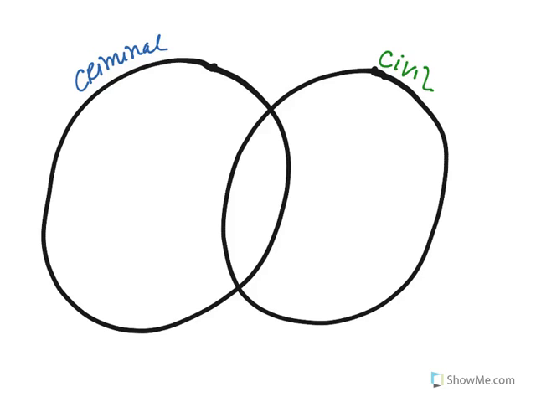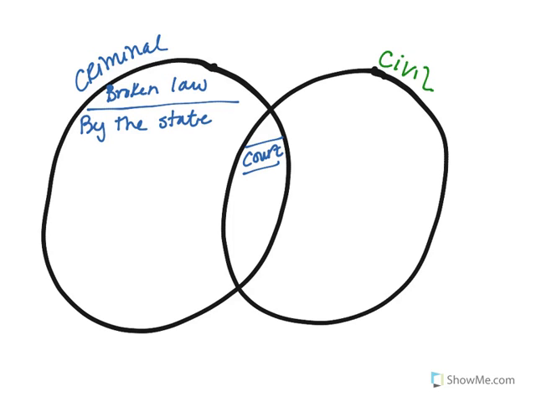Okay, so we're going to start with criminal and civil cases in the Venn diagram you were supposed to do yesterday. The similarities: both of these kinds of cases can go through a court system, but there are more differences. A criminal case actually means that you have broken a law. The case is brought against you by the state. So the state has a state prosecutor, and you have to get yourself a defense attorney and go to court.